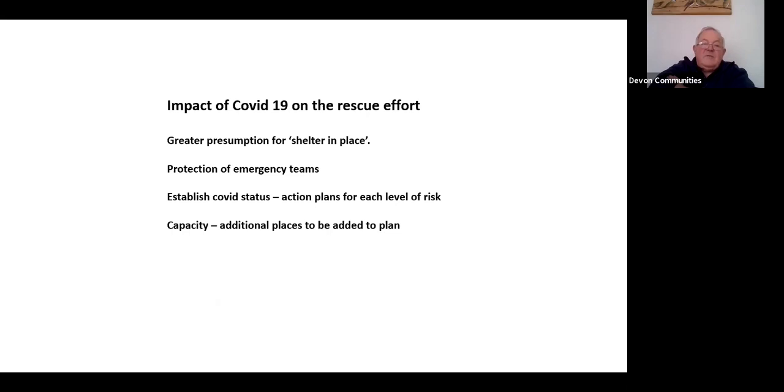Now that might take some thinking through in terms of what support they need and how you identify that sort of crossover point where it ceases to become shelter and is actually the risk is increasing and they need to be moved out. Clearly, there is a need for protection of emergency teams, so making sure they've got full PPE